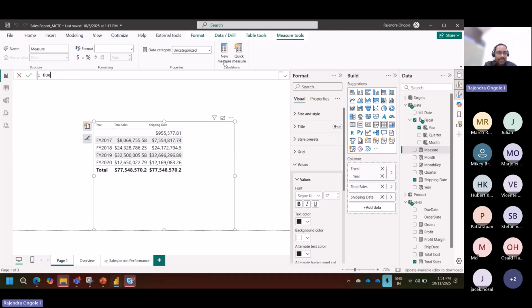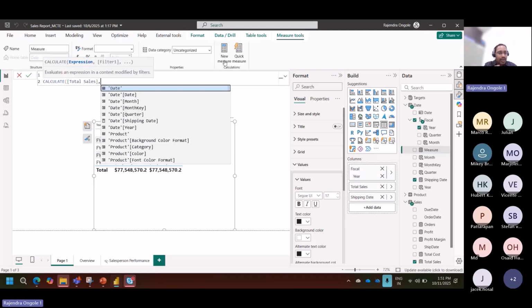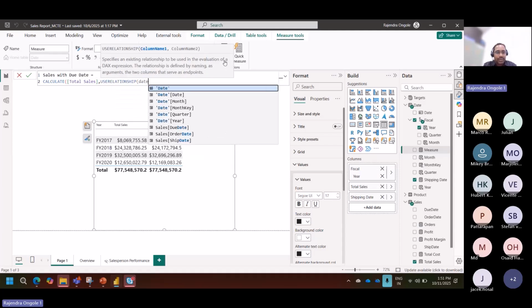Let me create a measure, ship due date wise sales with due date. Calculate, the same metric I'm using, total sales. One metric, I'm creating three different measures. Just think, if you want to create this for other measures like total sales, profit, and so on, you have to create a measure each and every time, which will impact the performance as well. So let me use the USERELATIONSHIP function, date table, date column, due date wise from